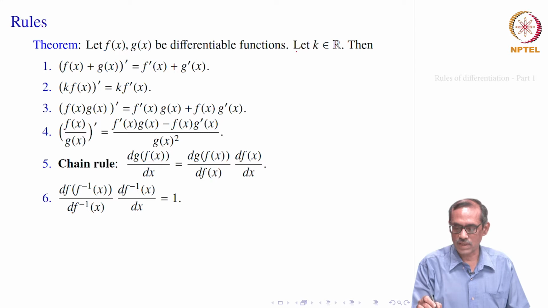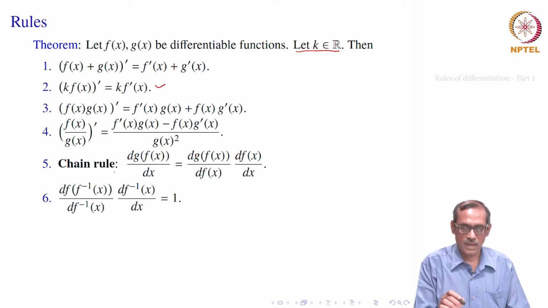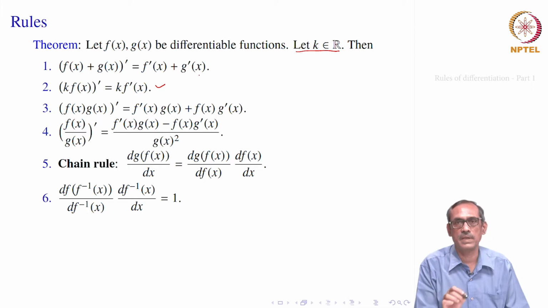We start with a constant, say k, which is a real number. That will of course be required here, at other places it is not required. Now, the first rule says, if you take the addition of two functions f plus g, its value at x is of course f x plus g x. So, we write the new function as f x plus g x, it is really f plus g. Its derivative is equal to the sum of the derivatives of the individual functions.